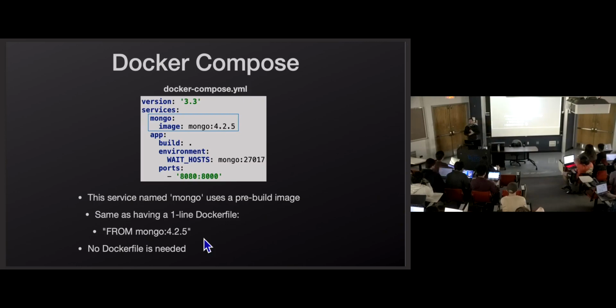But since I don't want to make any other changes, I don't have any configuration that I need to do inside that Docker file, all I want is a Mongo database. Just give me a Mongo database. That's all I need. Since I'm not doing anything else in this Docker file, if I did write one, I'm just going to do image, download this image, and use it straight up, verbatim. Don't make any modifications to it. Whereas for my app, I used build and specified the directory where my Docker file can be found, and then said build an image using that Docker file, and then create a container off of that image. So we have a few different ways of setting things up here.